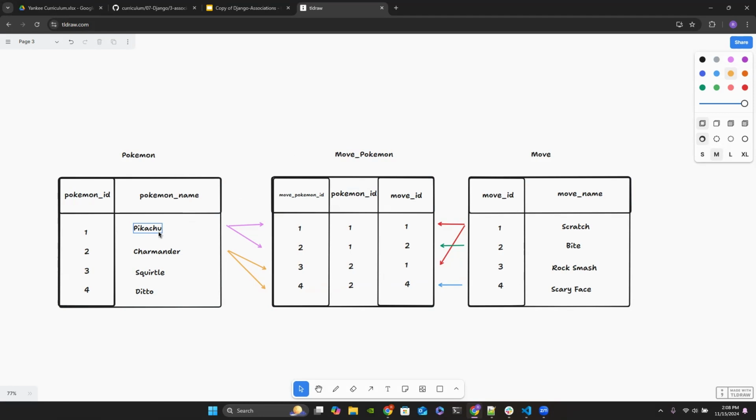Pikachu has two different moves, right? Whenever we want to assign a move, we can see him right here. We have the Pokemon ID. Pikachu appears twice, and what move is he appearing with? We see 1 and 2, which is Scratch and Bite. What this is telling me is that Pikachu has a many-to-many relationship with the moves, and the moves are Scratch and Bite. So Pikachu has 2 moves,